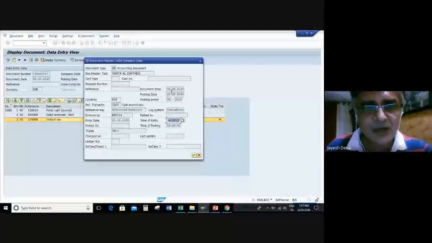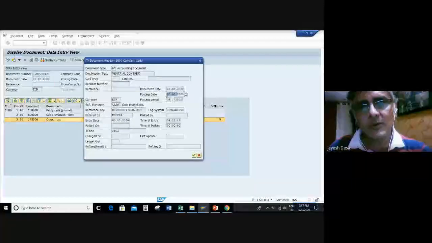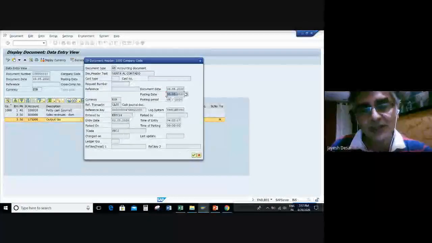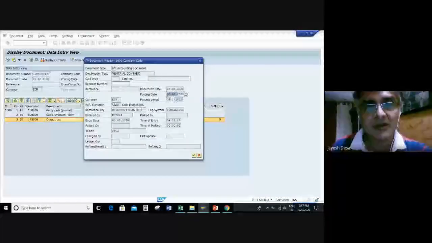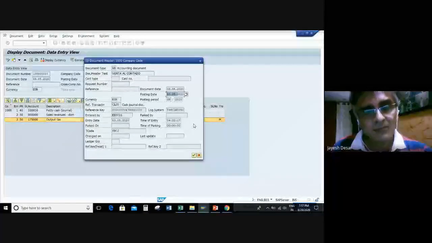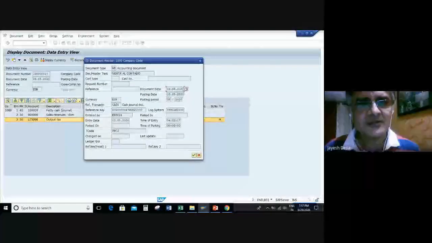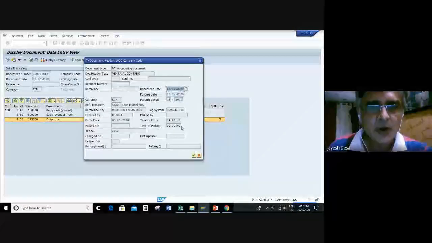So SAP will post the transaction in the posting period determined based on the posting date. So if the posting date is for the month of December, it will post it in December, and when you run the December report, you will see that transaction in the month of December. It doesn't matter on what date it was entered. So it may have been entered in January, so long as the posting period is open and you are allowed to post it, you can post it. And the document date is just for reference. It does not determine the period. Okay, so it is very important.